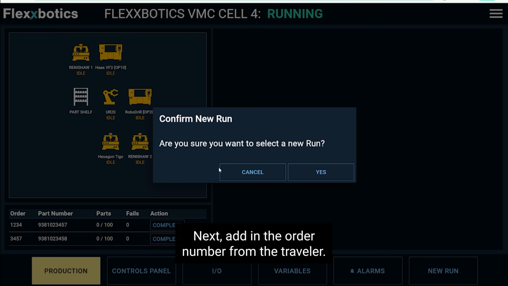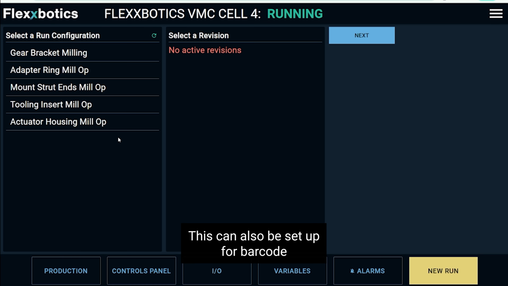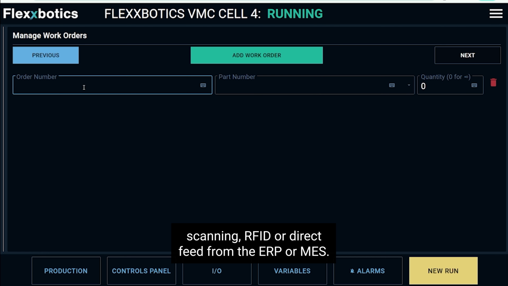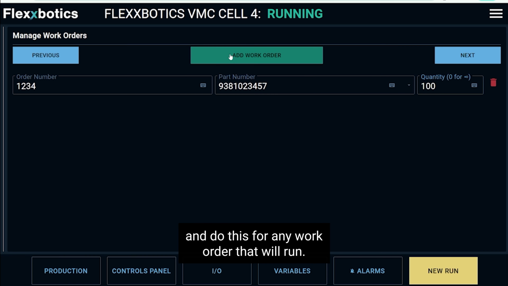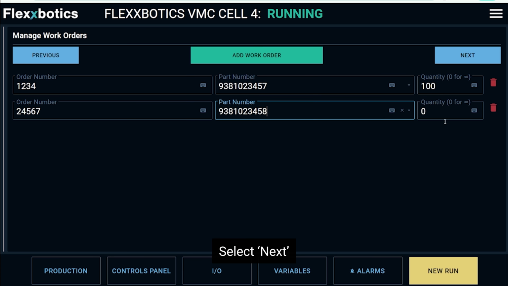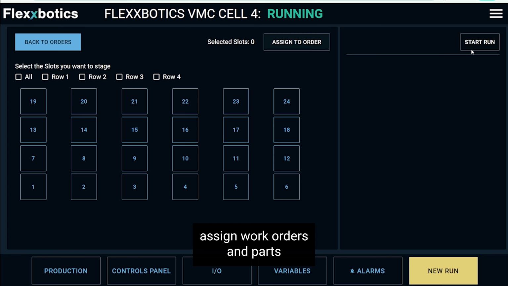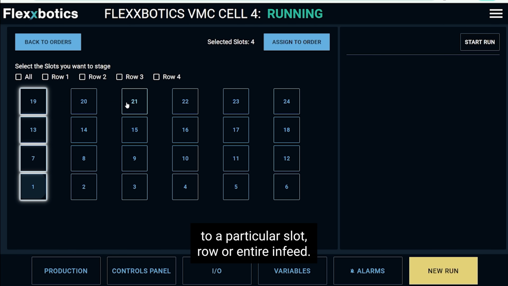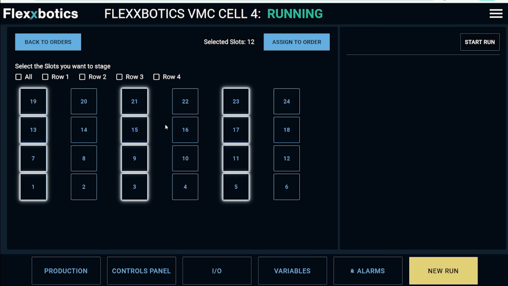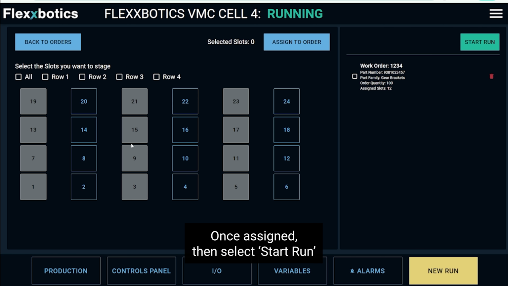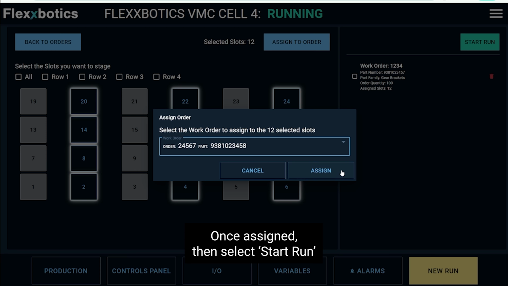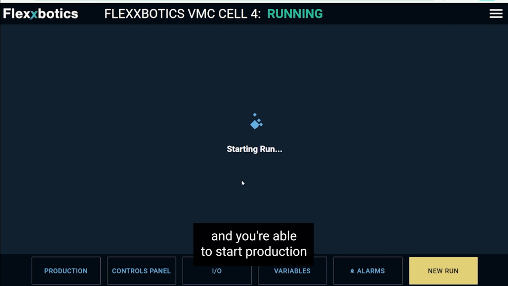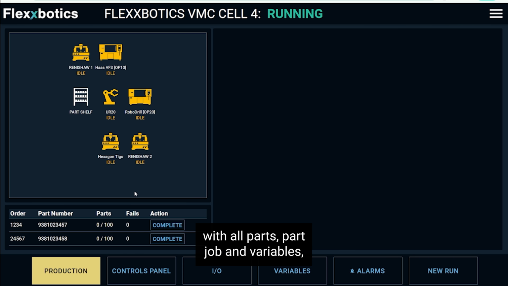Next, add in the order number from the traveler. This can also be set up for barcode scanning, RFID, or direct feeds from the ERP or MES. Add the part number and quantity, and do this for any work order that will run. Select Next. Assign work orders and parts to a particular slot, row, or entire Infeed. Once assigned, then select Start Run, and you're able to start production with all parts, part job, and variables synced